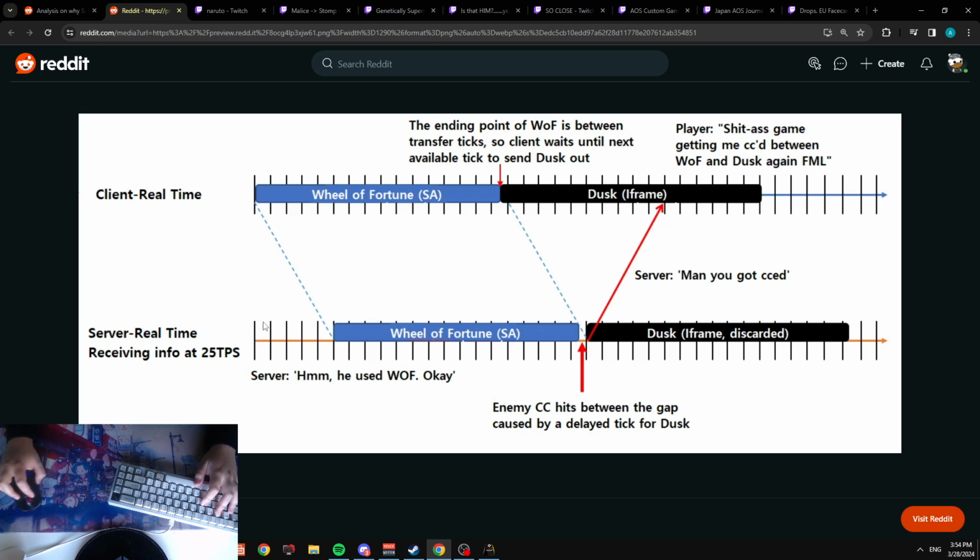So, if you take a look here, this is essentially your client in real time and how your client is working. This player is casting Wheel of Fortune. It is a Dark Knight super armor skill, a little wheel with a CC. The ending point of Wheel of Fortune is between transfer ticks, so the client waits until the next available tick to send the Dusk out. Even though this skill is ending in between ticks, it can't update in between the tick. It is going to update into your Dusk at the end of the tick. So this player on his client is doing the iframe Dusk immediately, but